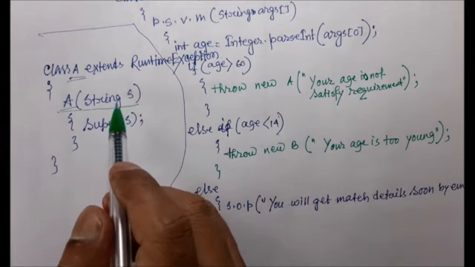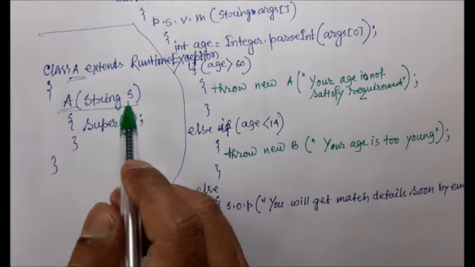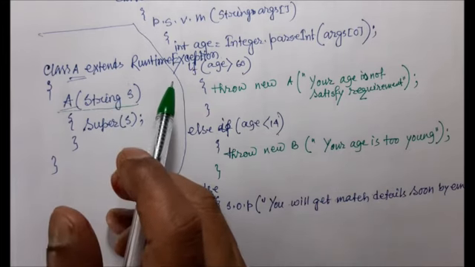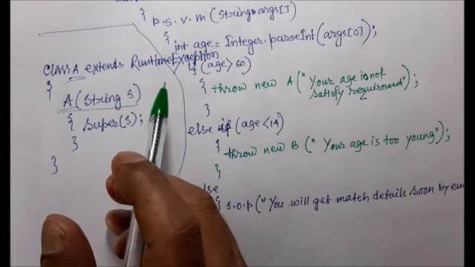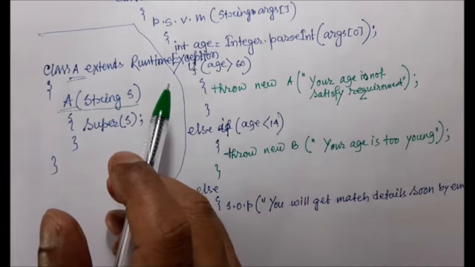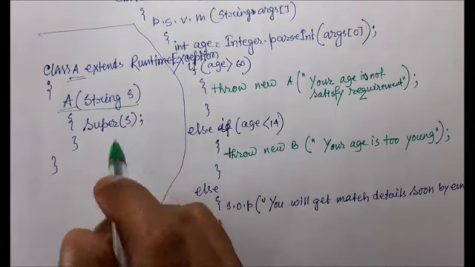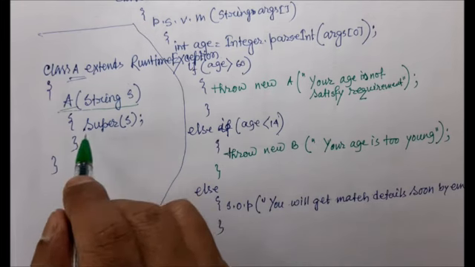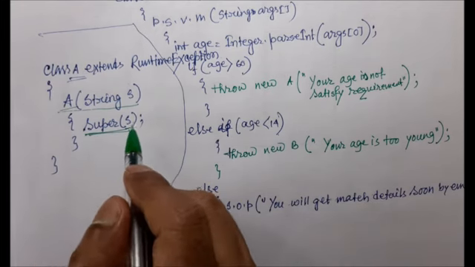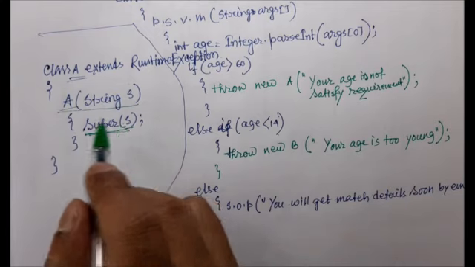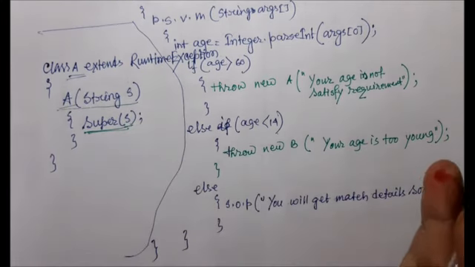I will discuss why it is required to pass a string argument, because a string argument is required to give some message to the user about what kind of exception may arise in your example. The very first statement is super. I will discuss why super is required. Also I will discuss why string is required.